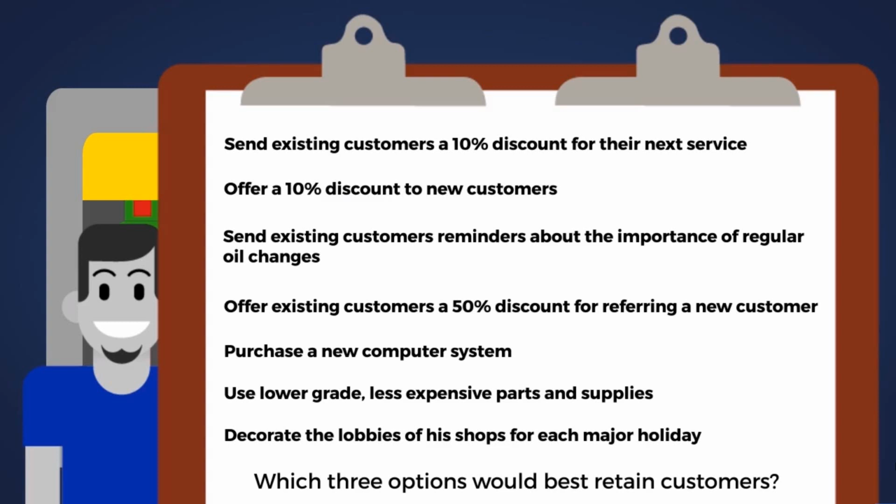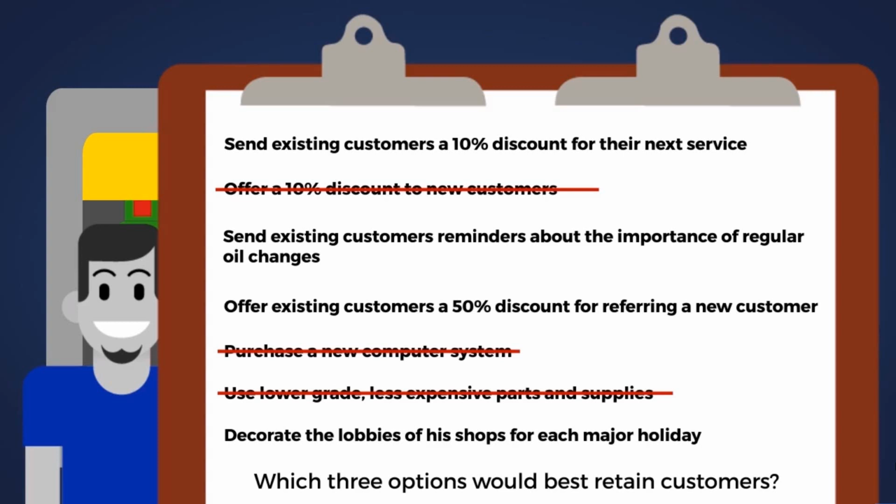As with many of the scenarios you'll encounter, careful reading of the scenario and possible answers will help. Right off, we can eliminate the option about a 10% discount for new customers. Brian's scenario is about retaining customers. We can also eliminate purchasing a new computer system and using lower grade parts and supplies. Customers won't care about the computers, and they will care about low grade parts, to the point of driving them